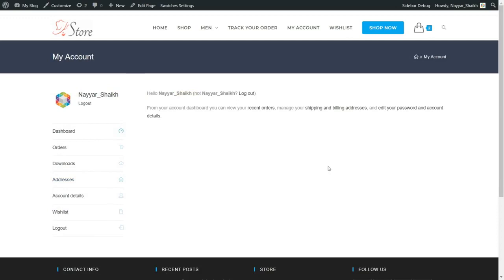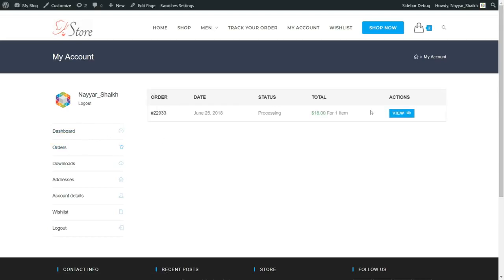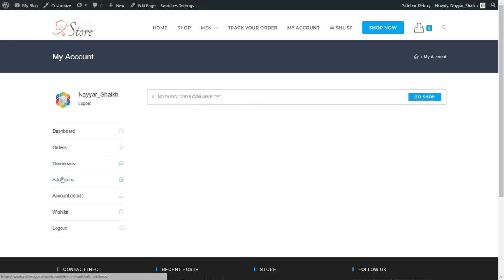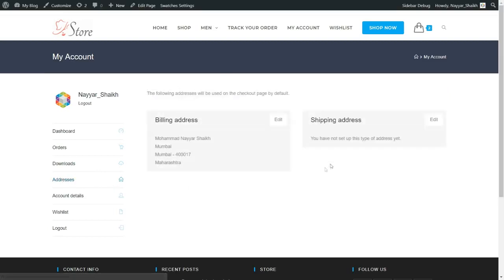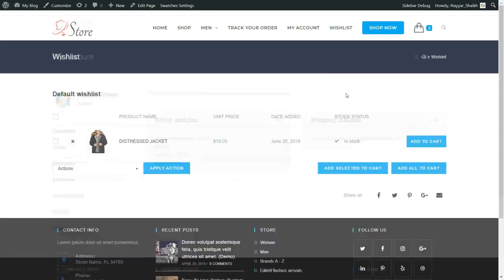Then after this, we have a my account page. The person will get this page. They can see the dashboard. They can see their orders. Whenever they click on this orders, they'll see all their orders. For example, we can see one order over here. If they have some downloaded products, they can see over here. If they want to change the address, or if they want to add some new address, they can do it from here. Okay, if they want to see the wish list thing, whatever they have saved in their wish list,